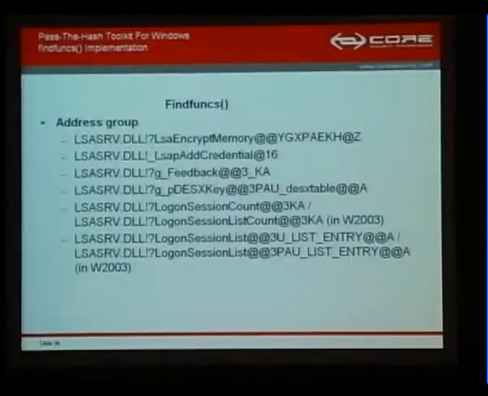This is basically the implementation of the code inside the tool that tries to find those memory positions that I mentioned before, that the tool needs to actually be able to get the hashes or change the hashes. And I'm showing them because when I show you the tool, you will see that sometimes, since it is difficult to actually find these functions, because these are not functions exported by any DLL,